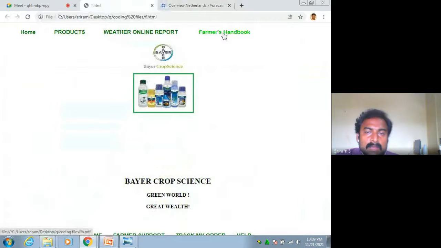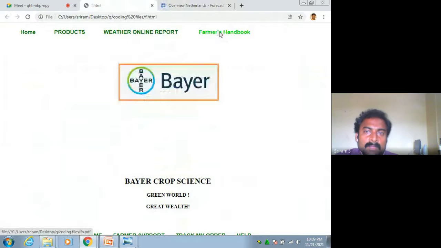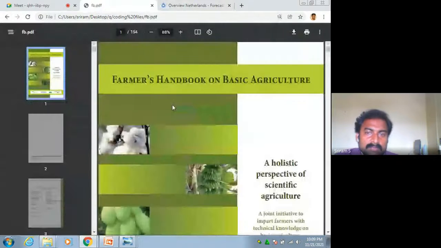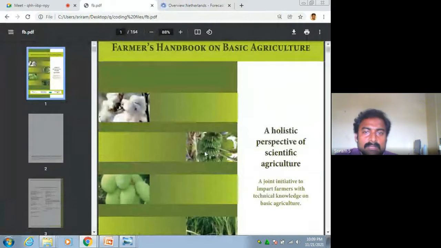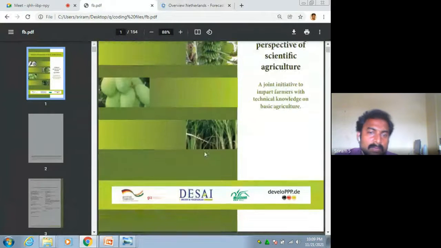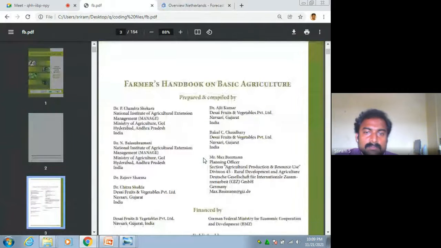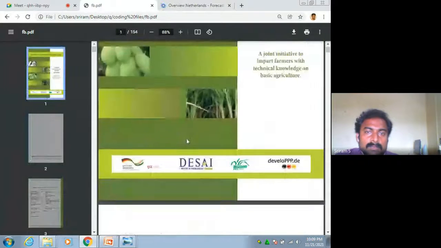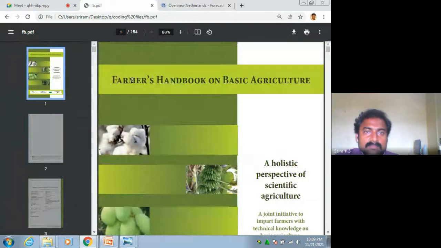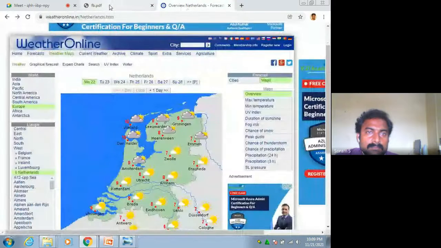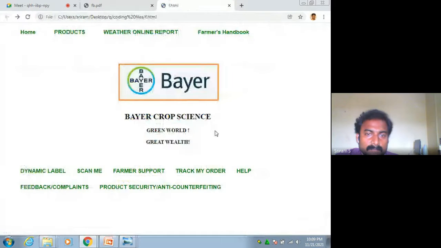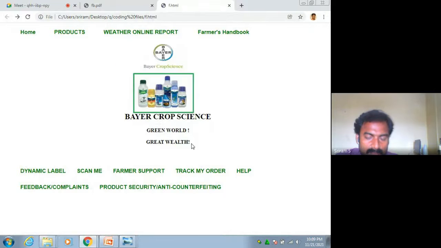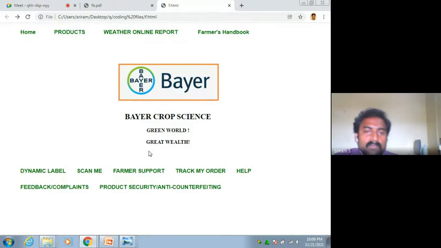And we have given a farmers handbook. If farmers have any doubts regarding their products, they can read it to get an idea, and it is useful for farmers.